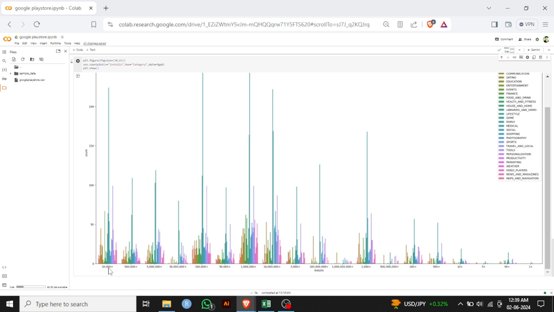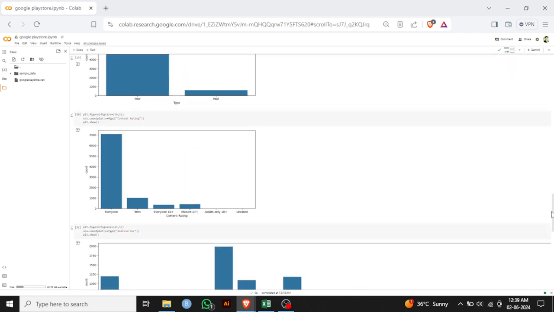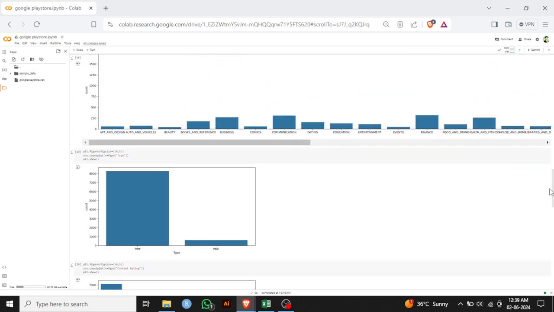Okay, similarly for the other one, at 1 lakh plus installs, category wise we can say that the lifestyle app is installed more than the other categories. Okay, this is the overall overview of the data. Let me tell you on another side. Okay,